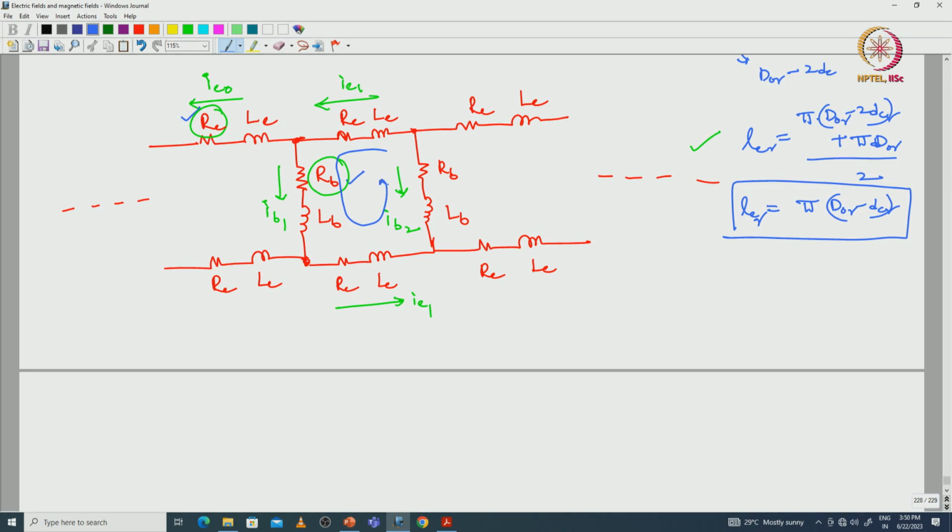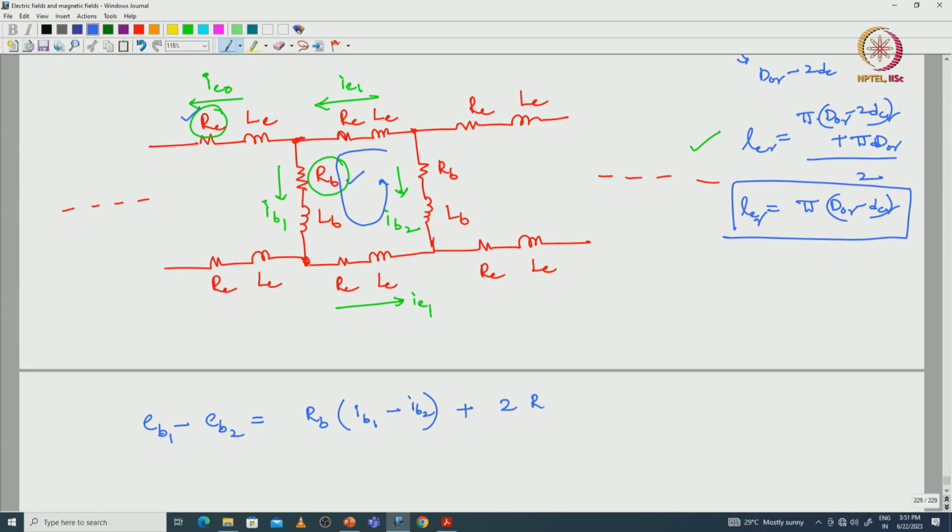Okay. For this loop, apply a KVL equation. Take the voltage E1, the back EMF with respect to branch 1, that is EB1 minus EB2, which is equal to RB into IB1 minus IB2. The other branch's resistance and current are also considered, plus